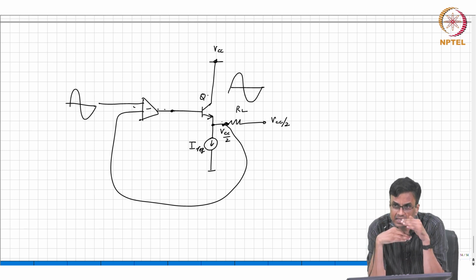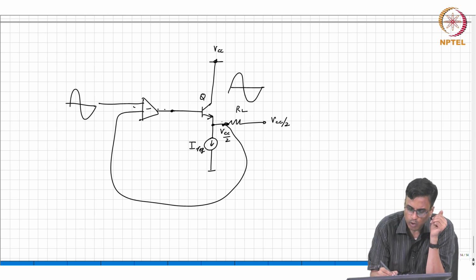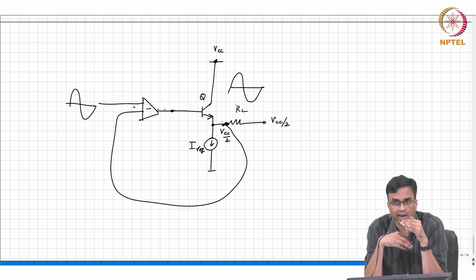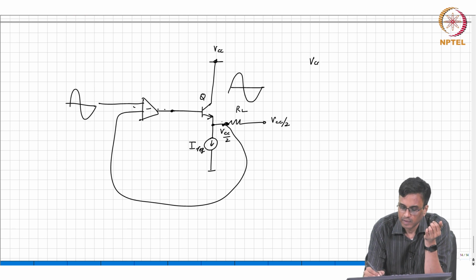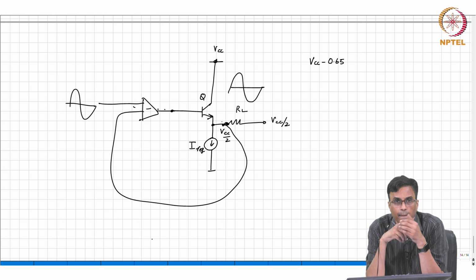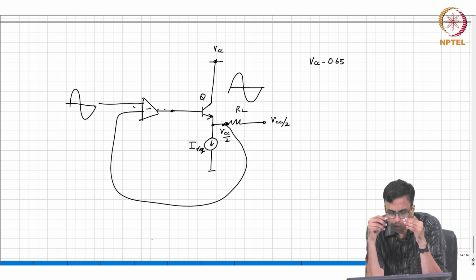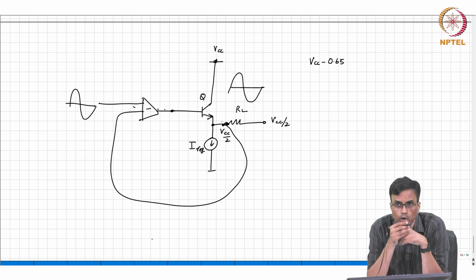It is moving towards the saturation region. So, what is the highest voltage the output can go before the transistor gets into the saturation region? VCC minus 0.65 is the upper limit. What about the lower limit? When the output is going low, the transistor is going into the